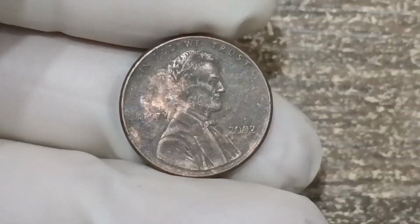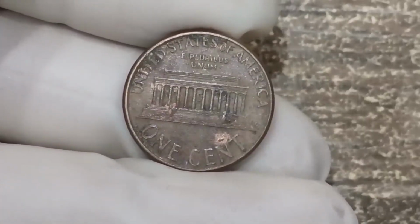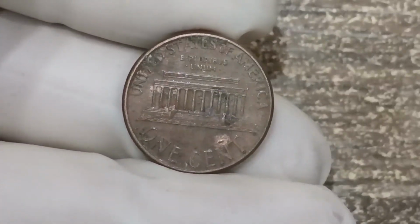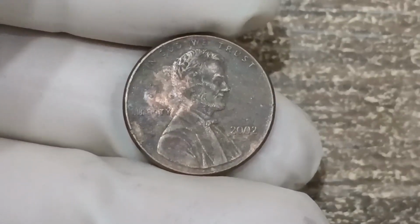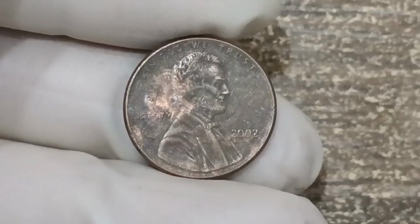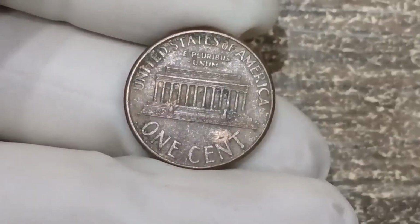So let us begin by remembering that by 2002, the Lincoln cent had long since transitioned into its modern composition of 97.5% zinc with a thin copper plating of 2.5%, and while this composition was meant to be efficient and cost-effective for the mint, it also made the coins more prone to certain types of flaws, such as plating bubbles, peeling,